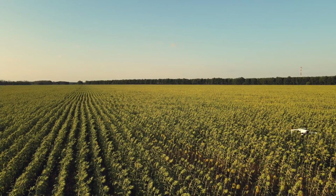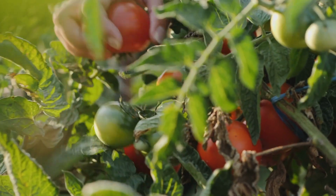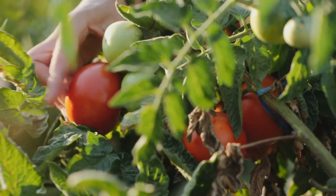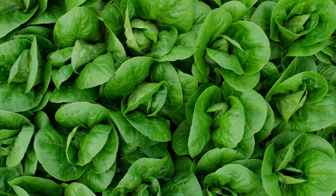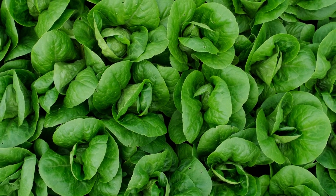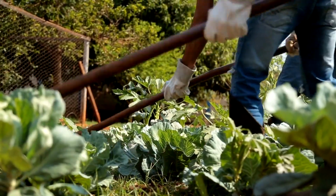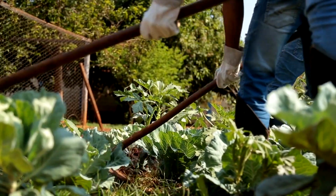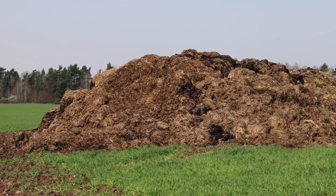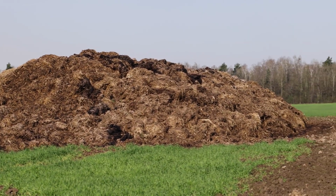A significant hallmark of these methods is crop density. On many Amish farms, rows are placed closer than on large commercial farms because there's less need for massive machinery to pass between them. This higher density maximizes land use and helps shade out weeds naturally. Also, manures are often used in carefully measured quantities, supplying fields with a balanced array of nutrients. Data from university extension programs in Pennsylvania shows that well-managed manure applications can maintain or boost yields while protecting waterways